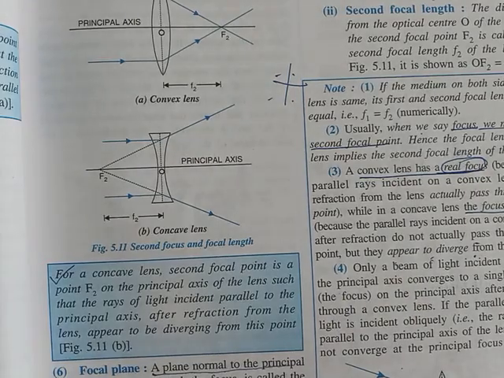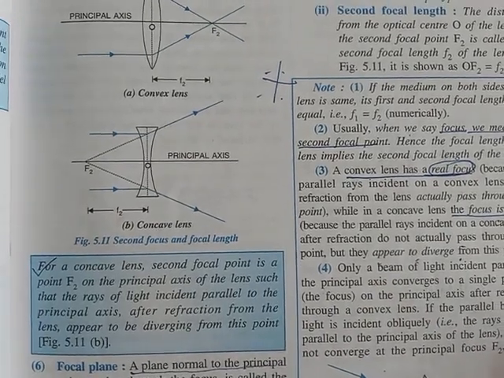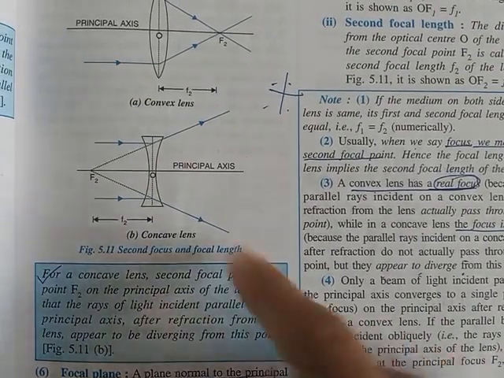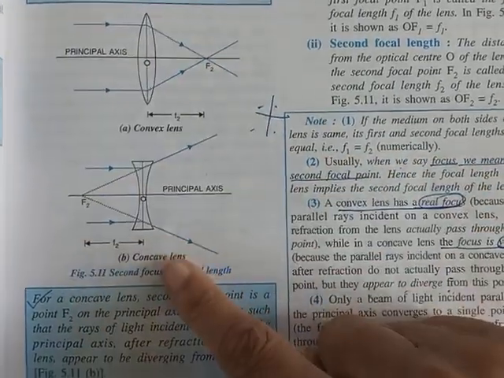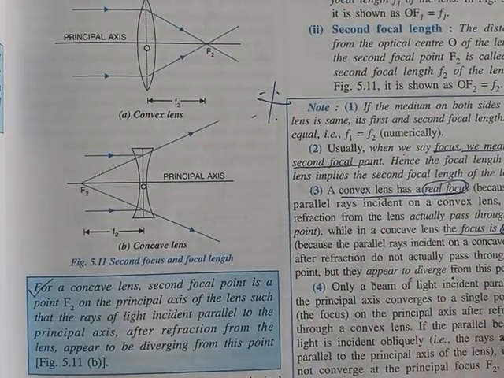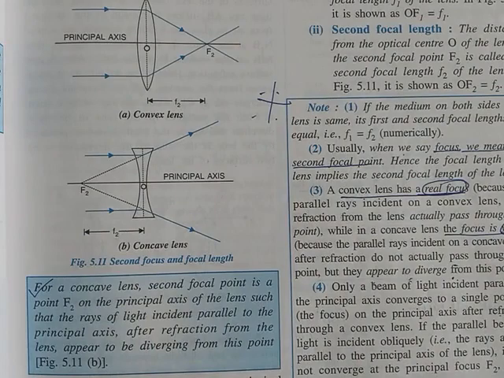Hello children, in the previous video we saw the terms related to lens, the terms related to convex and concave lens. So there were 7 terms and I hope you understood them clearly. Now